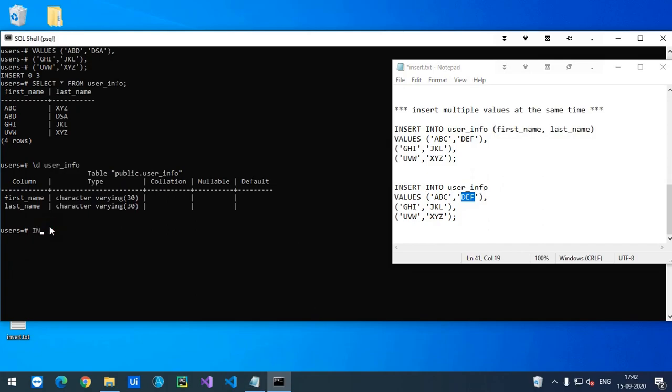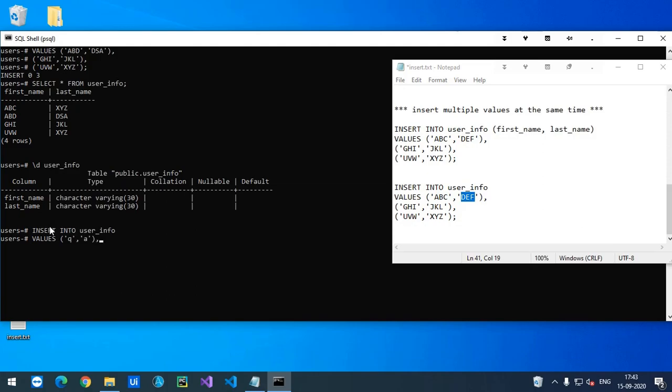So, insert into user info, and values. The values are 'q', then 'a'. You can insert anything, your name or anything.